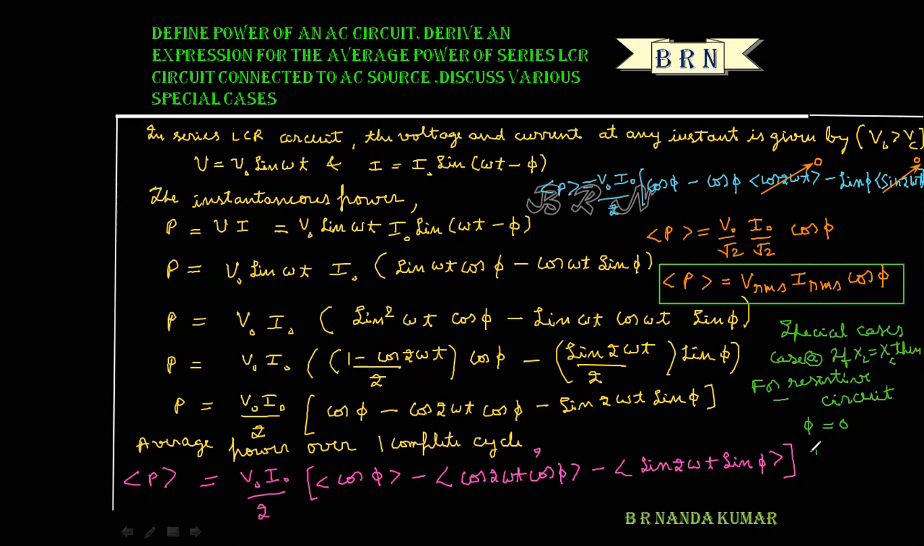Average power is the product of the RMS value of voltage, the RMS value of current, and the power factor. What is the value of the power factor? Power factor is 1. This is the first special case. Here the power loss is also maximum, that is the product of the RMS value of voltage and the RMS value of current. And the second case,